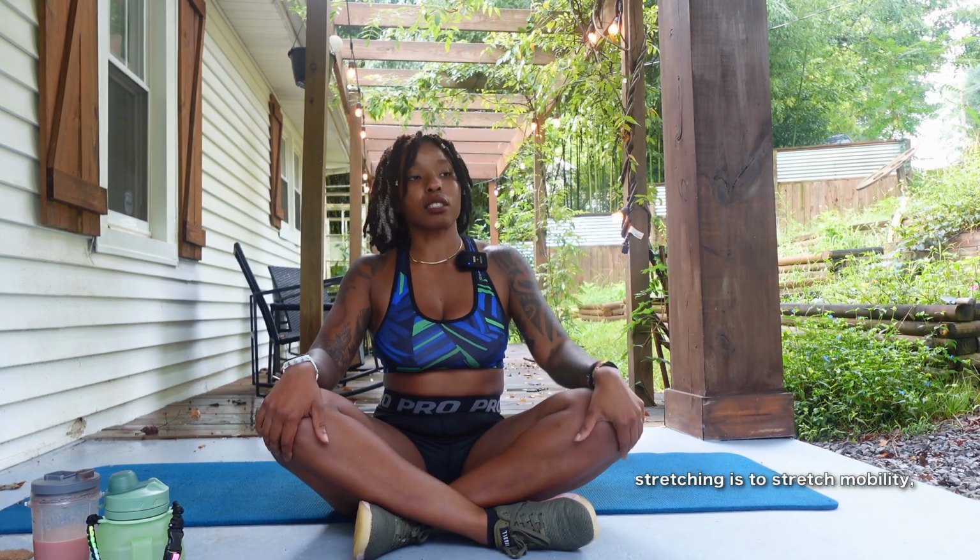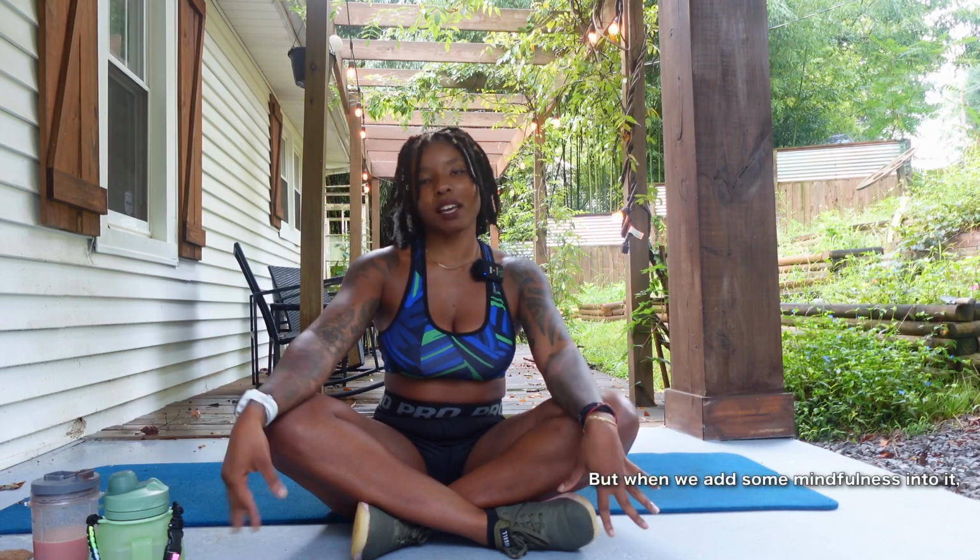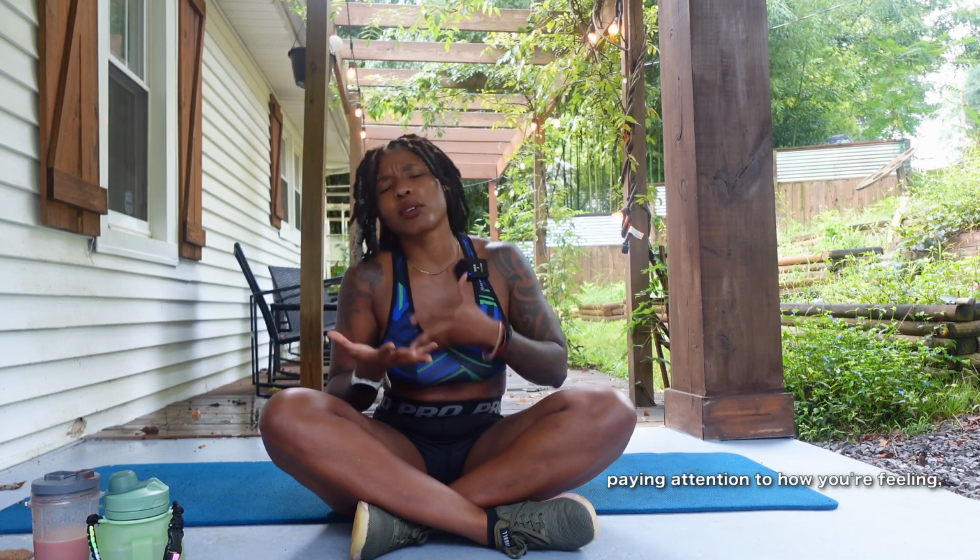The goal of stretching is mobility, flexibility, all that good stuff, reducing inflammation, avoiding injury, fantastic. But when we add some mindfulness into it, the goal enhances a little bit to increase your body awareness, get you focusing on your breath, what your body's actually doing, paying attention to how you're feeling, instead of just going through the motions. It's so easy for us to just keep going, bloop, bloop, bloop, but never stop and say,